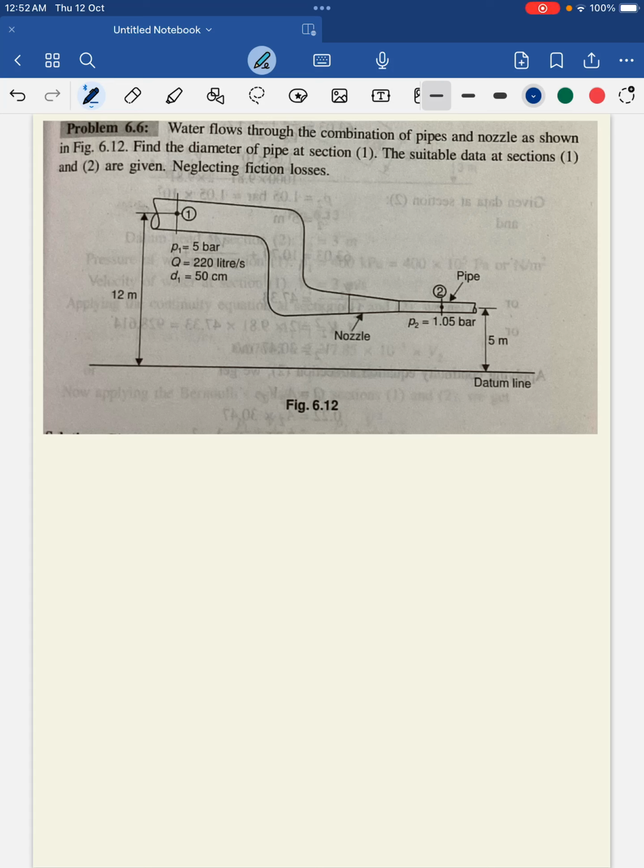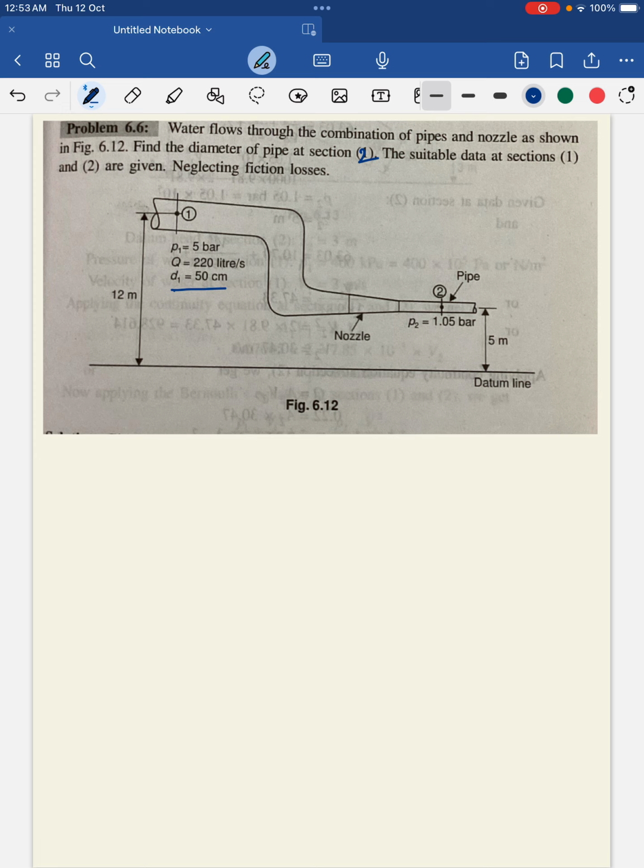Today I'll solve one fluid mechanics problem and show you how to use Bernoulli's equation to solve it. The problem is: water flows through the combination of pipes and nozzle as shown in figure 6.2. Find the diameter of pipe at section 2. Section 1 diameter is already given, and suitable data at section 1 and section 2 are given,